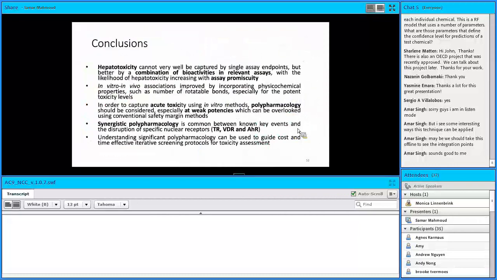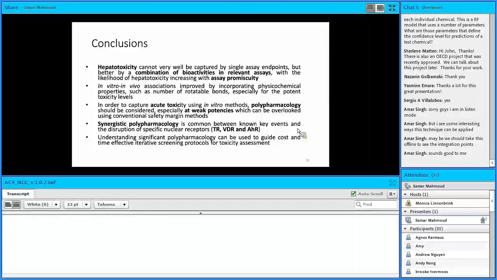And then I will just conclude this presentation with a few statements. Hepatotoxicity cannot be well captured by single assay points, but we need to look at a diverse bioactivity space in relevant assays, where we observe that the likelihood of hepatotoxicity increases with assay promiscuity. We've also seen how incorporating physicochemical properties improves the in vitro in vivo associations, such as the number of rotatable bonds, which reflects good bioavailability,